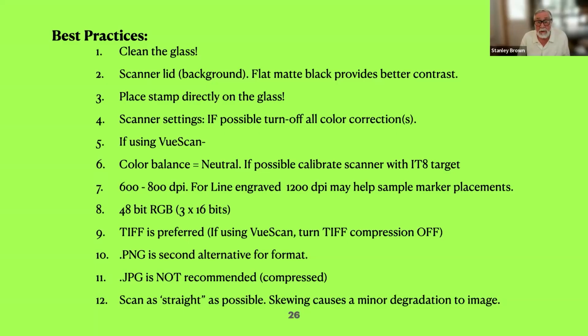And also scan as straight as possible. This avoids skewing, which causes minor degradation to the image. The pixels are in straight, horizontal, and vertical rows. If it's skewed, at enough magnification you can actually see the pixels becoming sawtooth as they try to make that image from a distance, so it can still look like a perfectly straight line